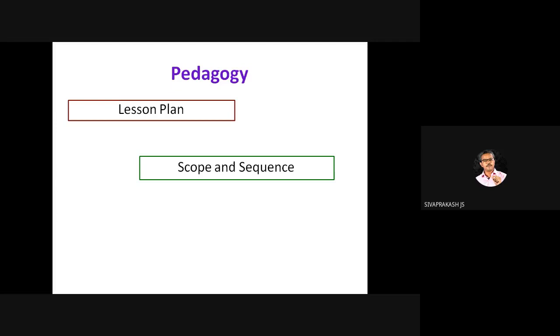But the lesson plan is not so. It is in the hands of the teacher. Scope and sequence used to be submitted and filed. The lesson plan is also like that, but it used to be in the hands of the teacher. At the end of the year, it can be filed. Right? Am I clear about lesson plan and scope and sequence? The curriculum is the base. In pedagogy, there are three things: curriculum, lesson plan, and scope and sequence. The curriculum is the base for preparing the lesson plan and scope and sequence. Am I clear till now? Is there any doubt? Am I boring to you? Yeah.